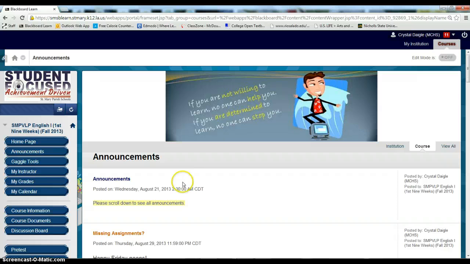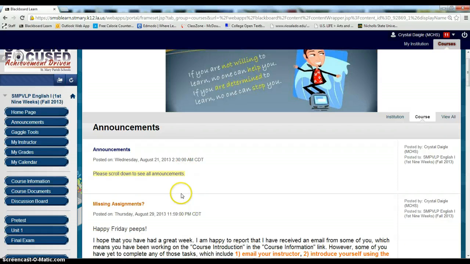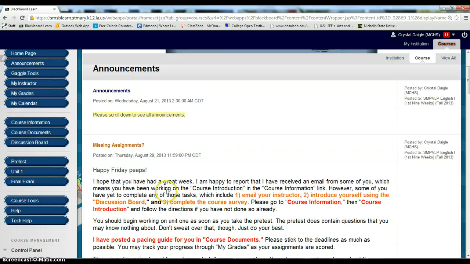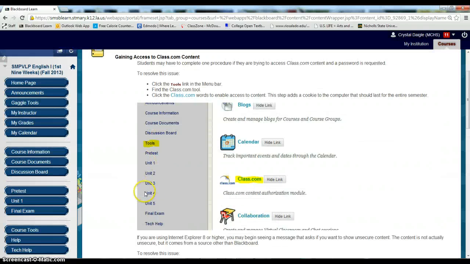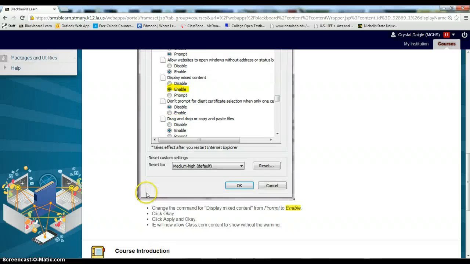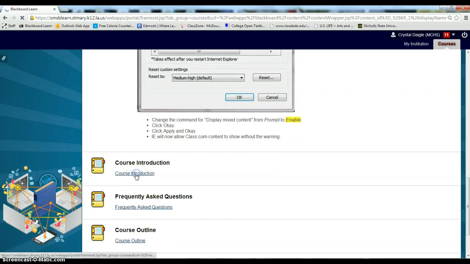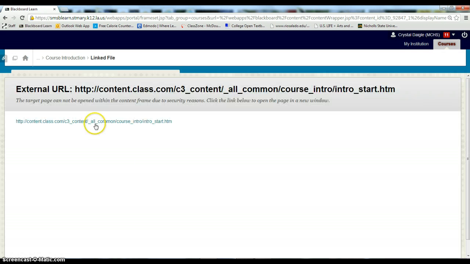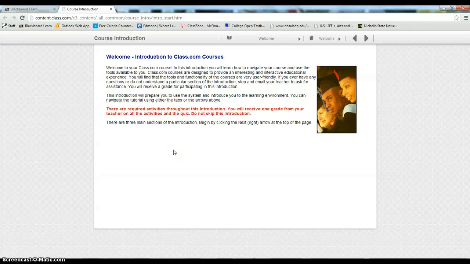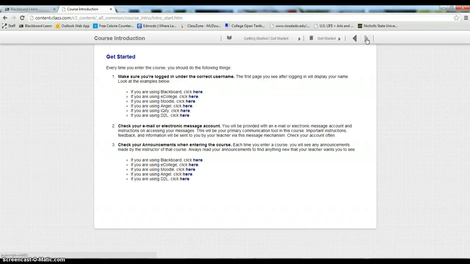Okay, so let's go look at Unit 1 very quickly. Excuse me. Before we look at Unit 1, you should have gone to course information. Scroll down beyond the tricks and tips. You should have clicked in course information and then course introduction. We're going to open our class.com information, and here you'll see several lessons, several little things that you'll need to do. So you're a Blackboard user. After you read all that information, you'll click here,